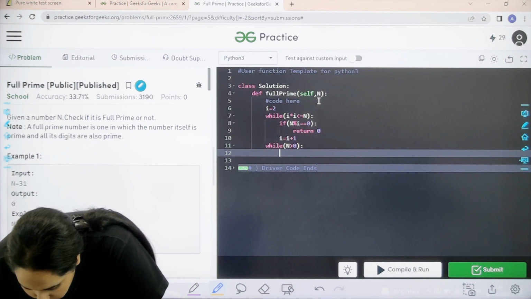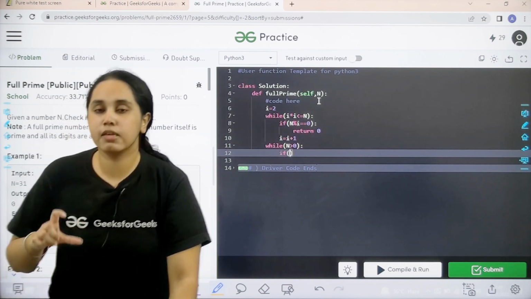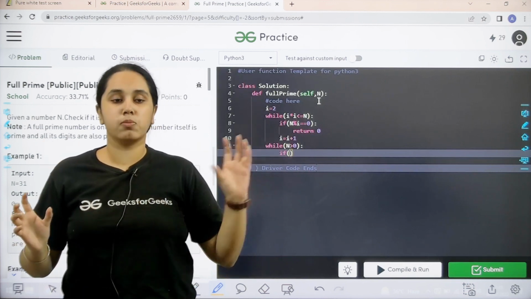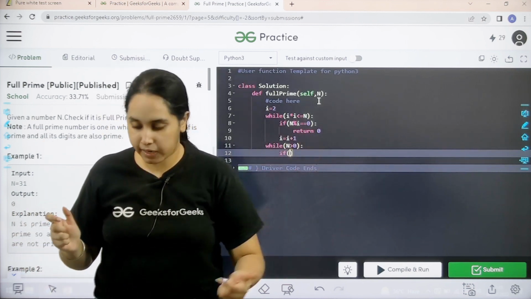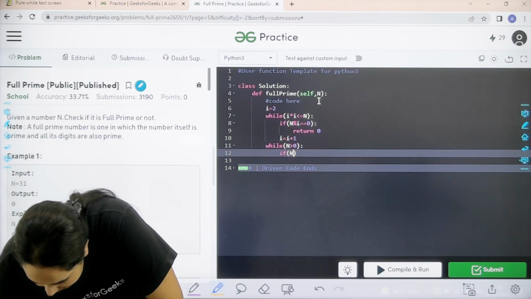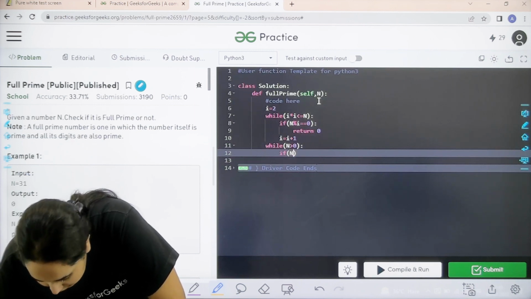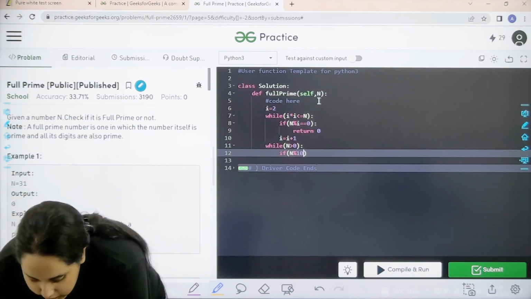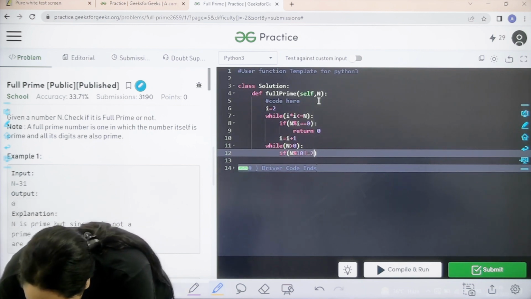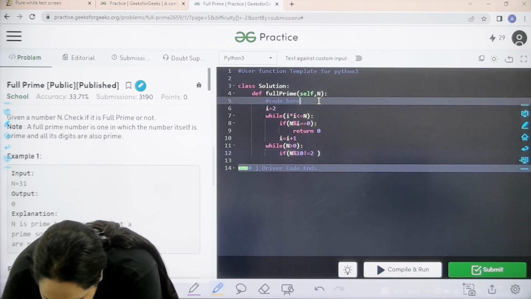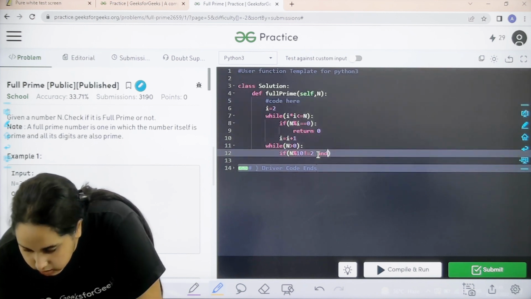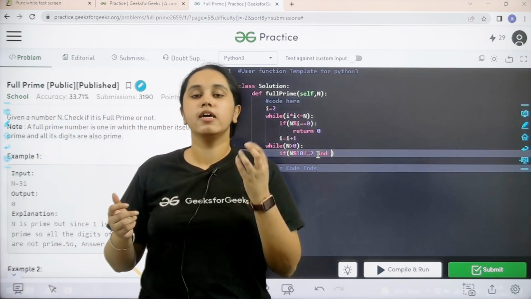Okay, now over here an if condition would come. This if condition is checking if all the numbers are prime or not. So basically this is for checking if they are not prime, okay? So if n modulus by 10 is not equal to 2, and okay, now wait a second, I made a mistake here, and okay, now basically we need to check for 4 prime numbers,